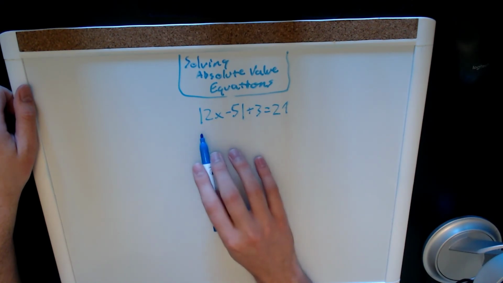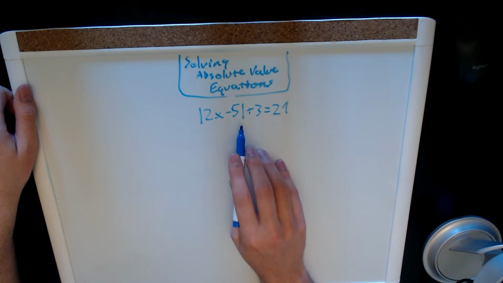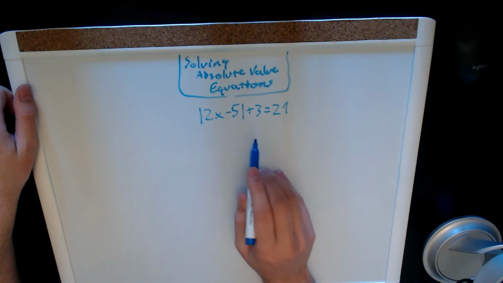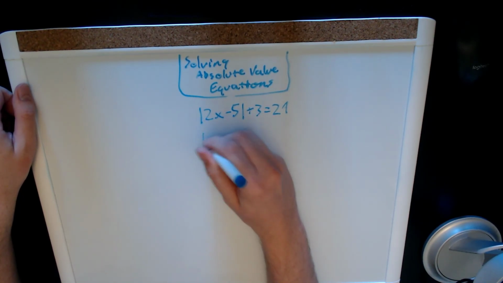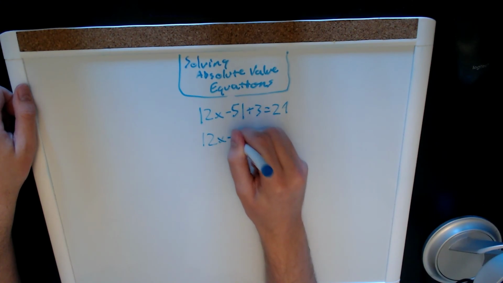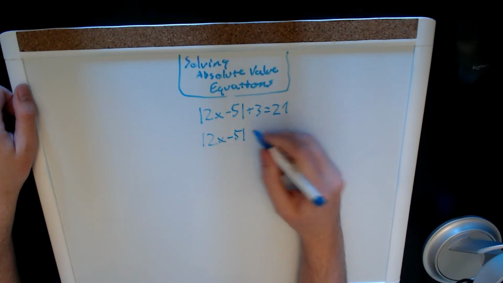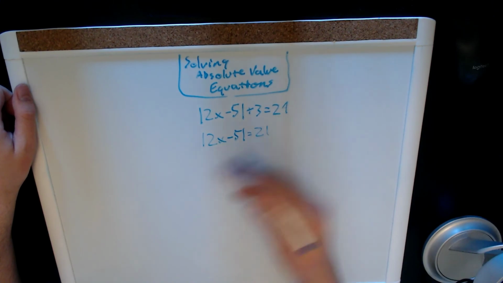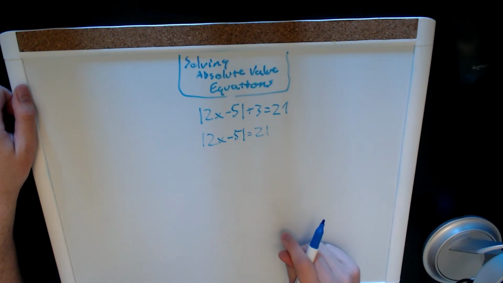However, the absolute value is not the only thing on this side, so that wouldn't be accurate. So let's move this over to the other side and we get our last equation. We subtract 3 from both sides, we get 21. And then we can solve from there. So that's how you solve absolute value